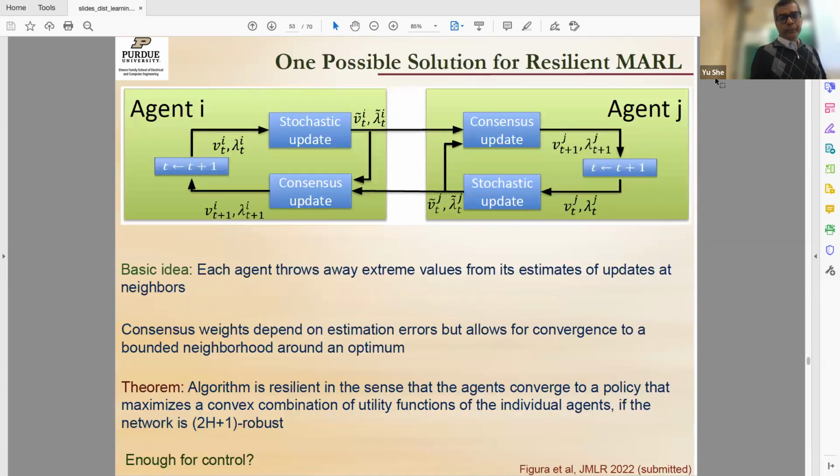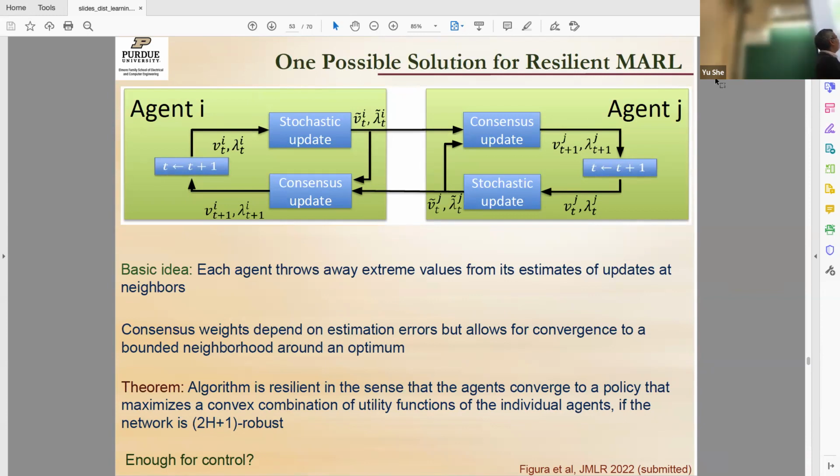So we have done some work for resilient MAL, and this is related to Dr. Sundaram's work on resilient consensus, right? At the core is the fragility of the consensus algorithm itself, right? The proofs are a little bit more algebraic, some more algebraic jugglery is involved, but essentially the problem is the same.